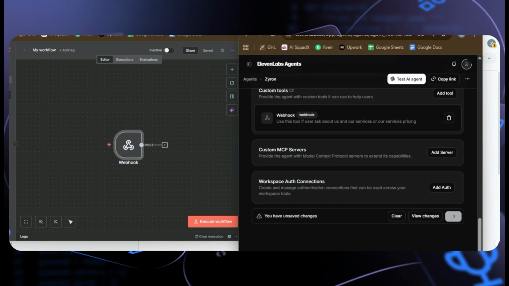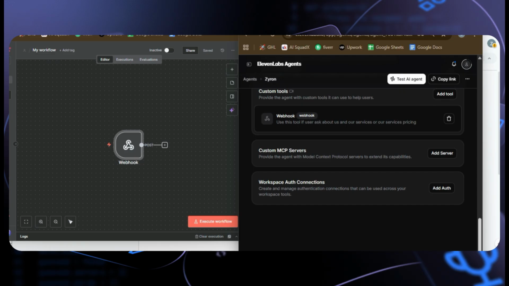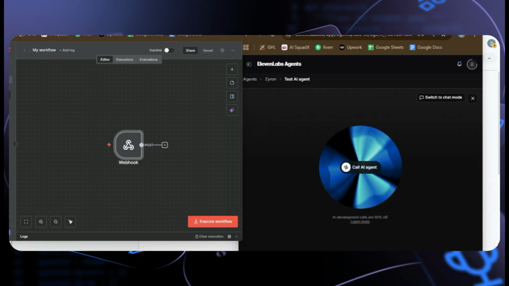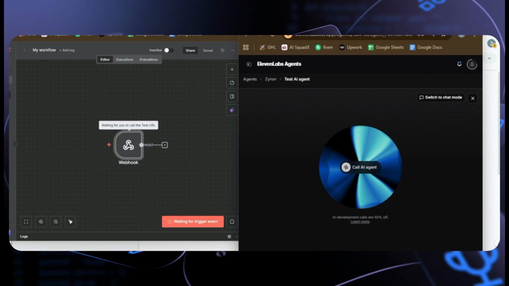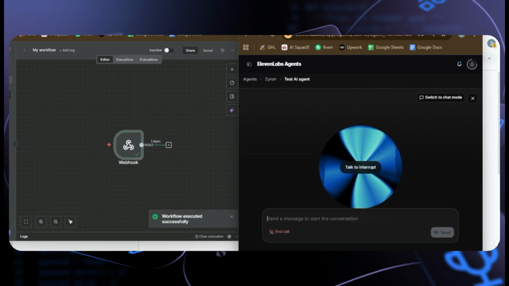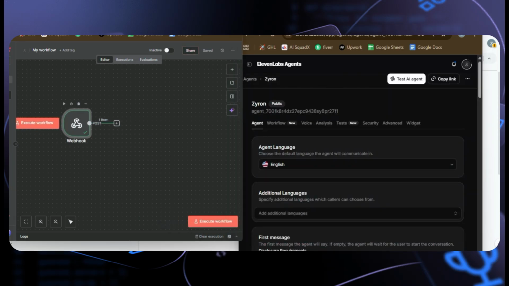So I will click on save. Now I will try this. Who are you and which services do you provide? So now you can see it triggers our workflow, because